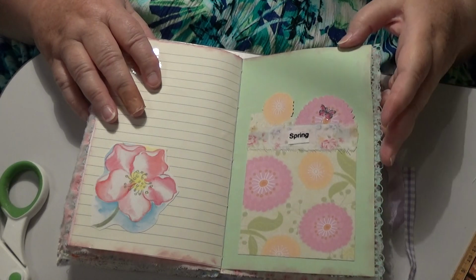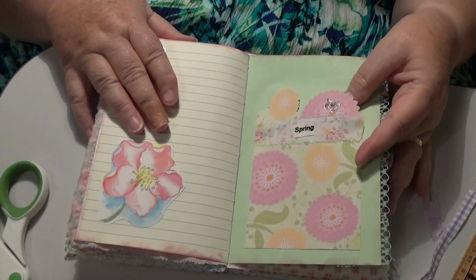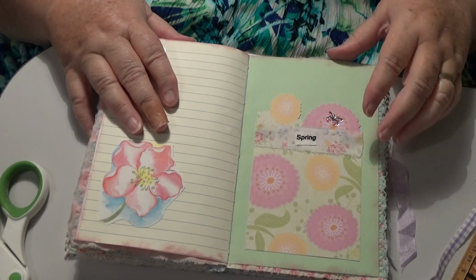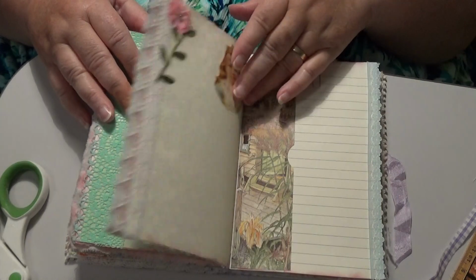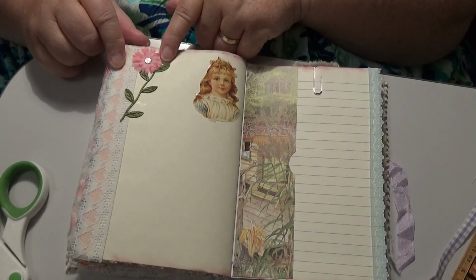Maybe I think I'm going to be doing journaling. There'll be a little journaling book in there, and I don't know about this side. This is actually the front of a card here that I put on that, so I think it will look really cool. Now there's a page, I think there's only one, so don't get too excited. Now I made this little flower by pulling a flower apart, and I put some